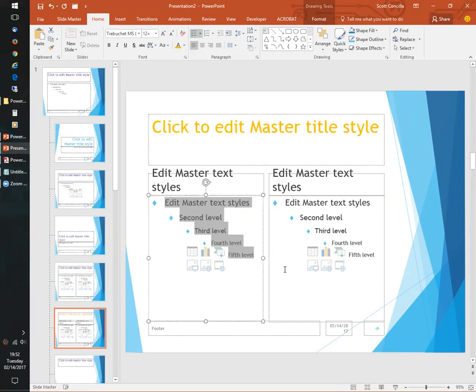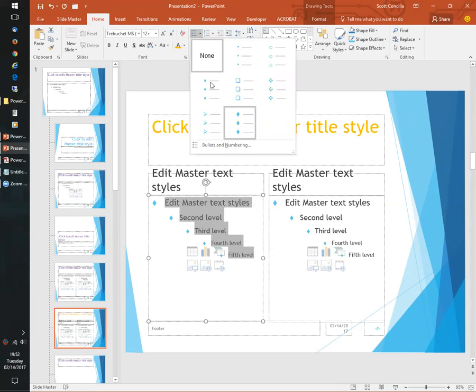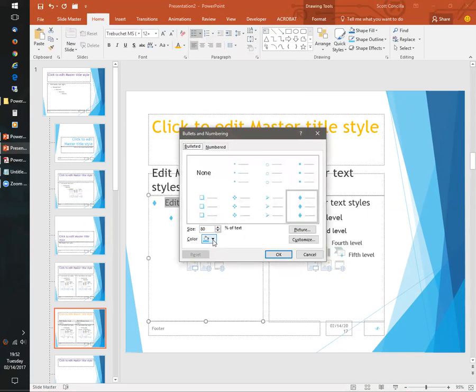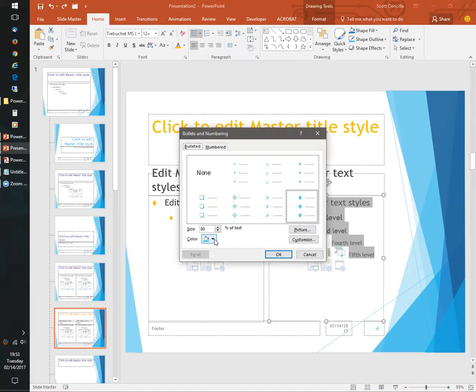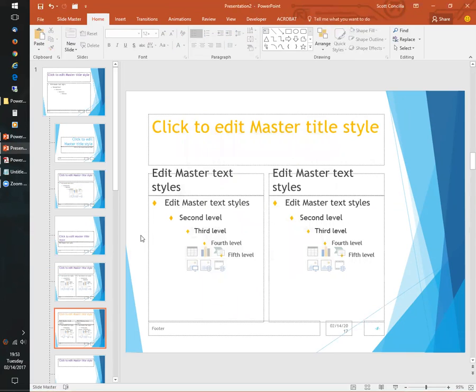And I'm going to change the bullet colors here too. Let's go to bullets and numbering, and we'll change that to orange. Oh, I didn't want to change the text. Made a mistake. Highlight that. Bullets and numbering. Sorry, I'm doing this kind of quickly, but once you practice it, you'll get the hang of it. Okay. So in this case, I've edited or changed just the layout master, not the slide master.